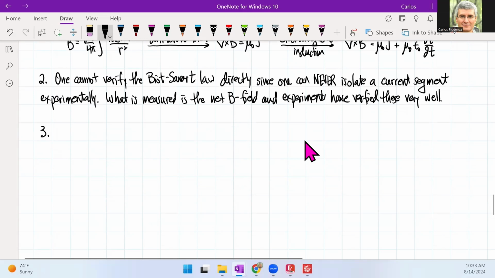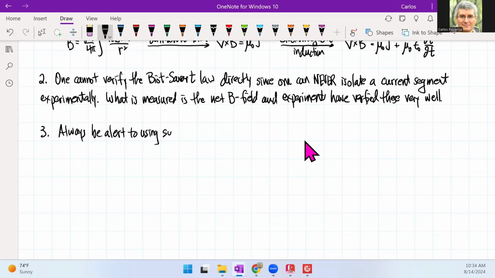Three, always be alert to using symmetry to simplify calculations. That means try to reduce one of the terms to a single one instead of, let's say, a whole line or a full circle, whatever. And then finally,